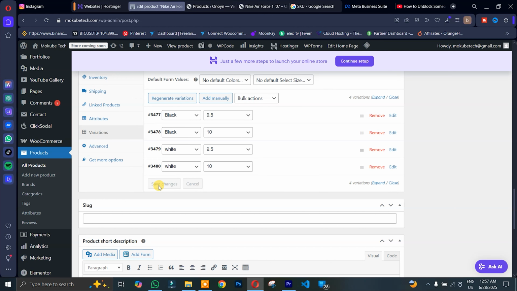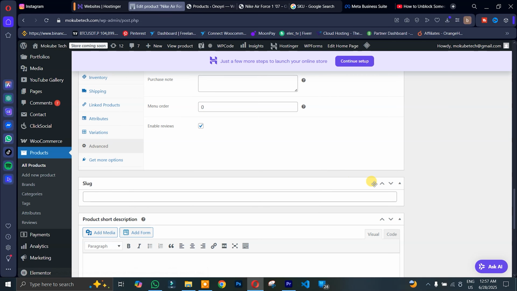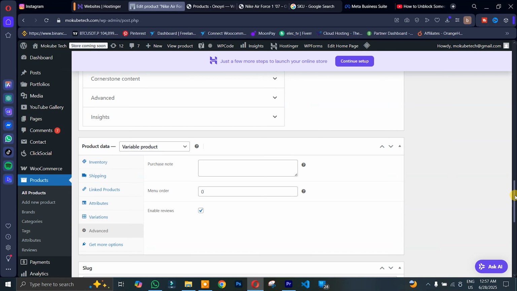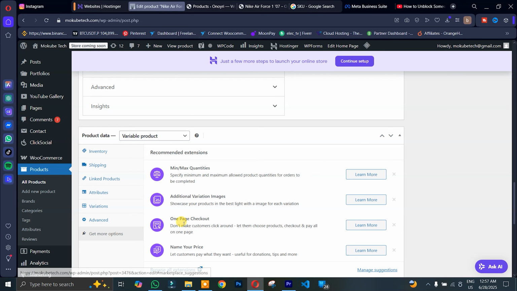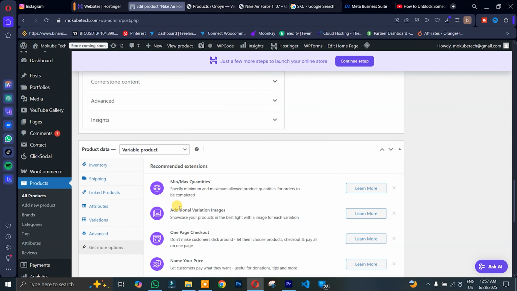So advanced, yeah, we're going to leave this one in the default manner, that is the purchase note and the menu order. So let's say we can just put 10, or what, yeah. For more options, we are going to leave this one in the default manner. Yeah, okay. Once you're done with that,